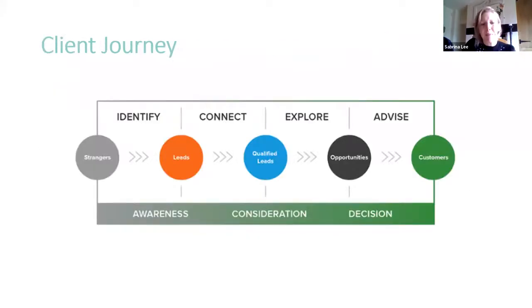So I just wanted to talk a little bit about this client journey. And what we're essentially doing with our LinkedIn content is the part at the bottom. So we're taking people on a journey from awareness through consideration and then into decision. And the next point is nurturing them, so that they become advocates and repeat buyers and that kind of thing. So the bulk of your content really wants to be at that awareness stage. So you're really inspiring, engaging, getting people to understand the problems that they have, but also the desires that they have and where they want to be.